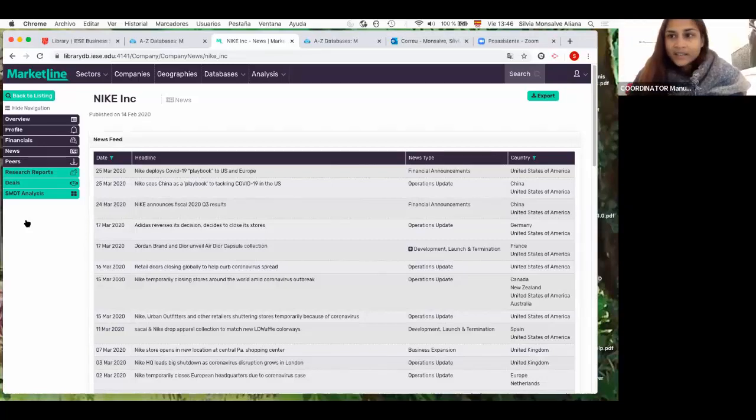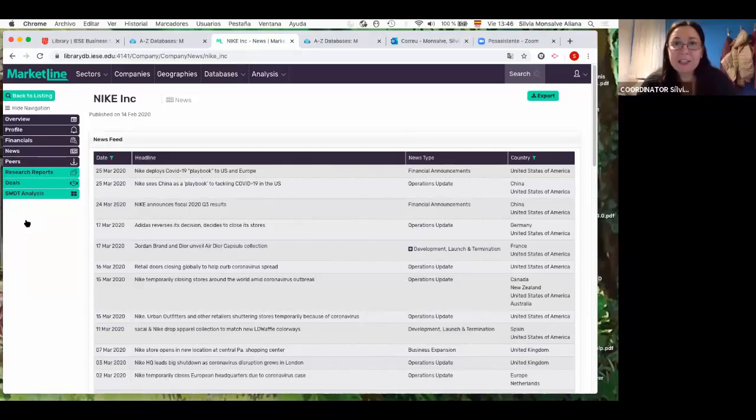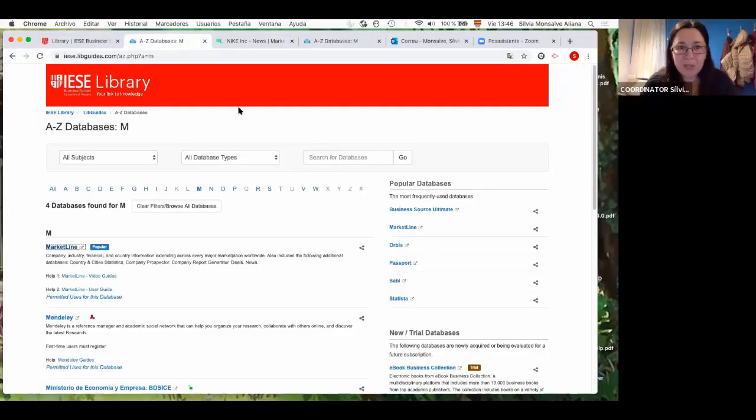Yeah, and there is a specific tool now on news, that is Factiva. I think it's interesting because, as I've mentioned before, unfortunately the company that you are interested in may not be in any of these databases, because it's maybe a medium-sized company. So maybe the library has a database that has information on that company, but at least we can help you find news somewhere about this company, because we have a database specifically to look for news, which is called